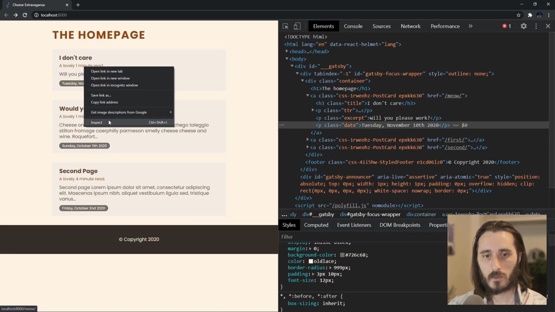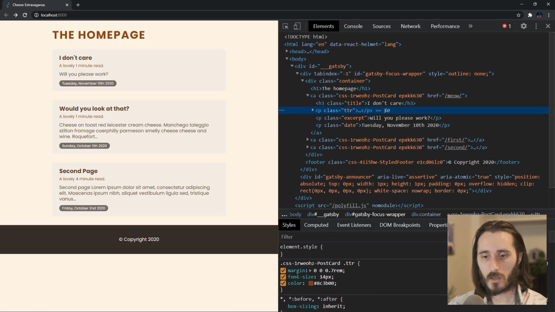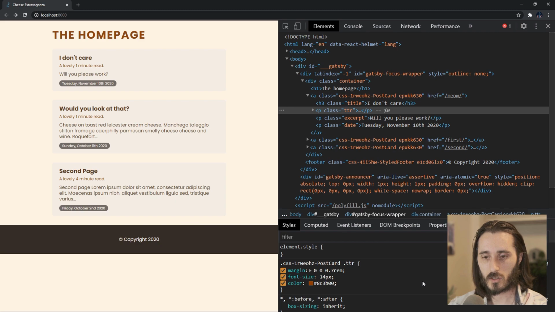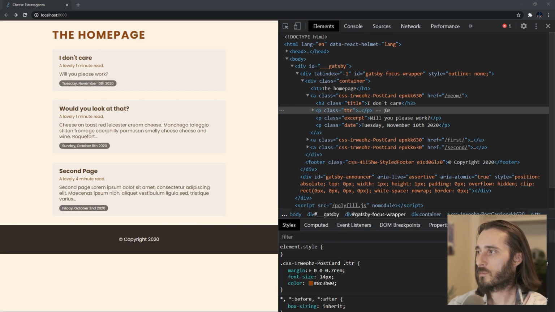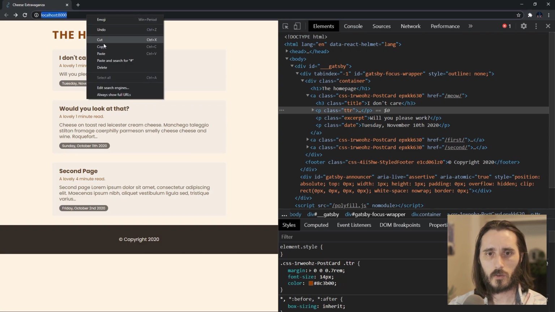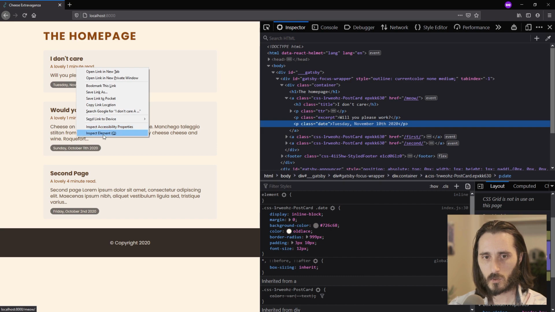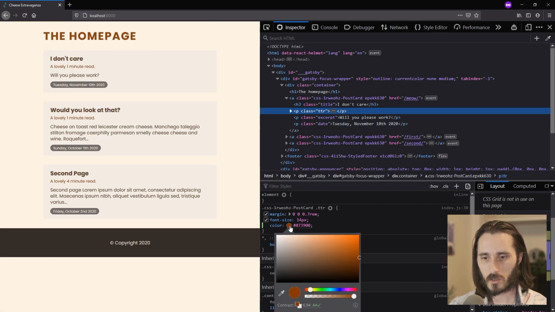Now here, this is the one that I really want, and I'm kind of sad that it has no contrast information here. That seems really strange to me. Let me show you. I'm going to open up over here a Firefox window. I'm gonna bring it over in just a second. This is the one that we didn't have any information for. Check out this color right here. And you can see that